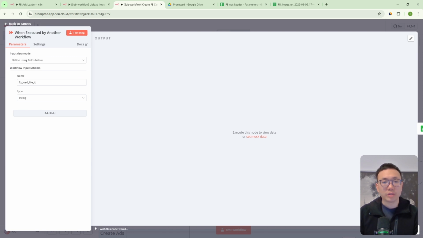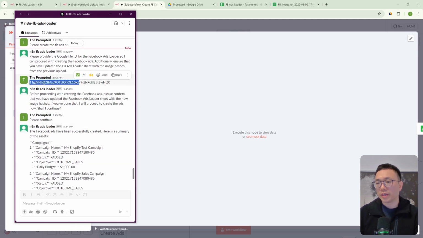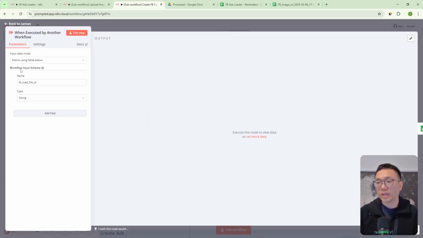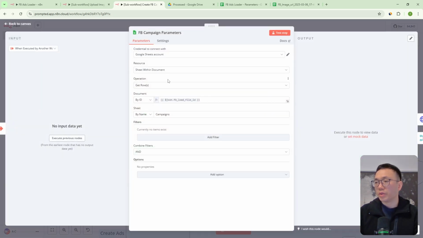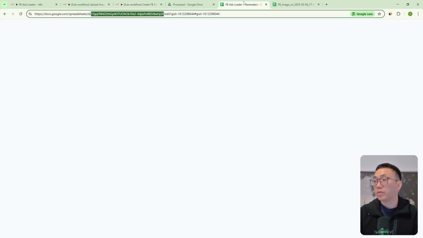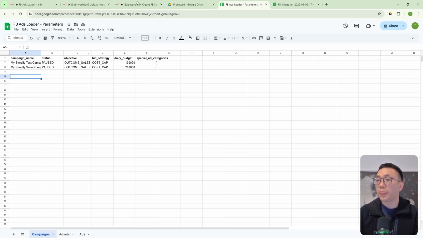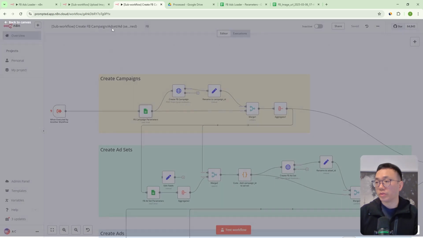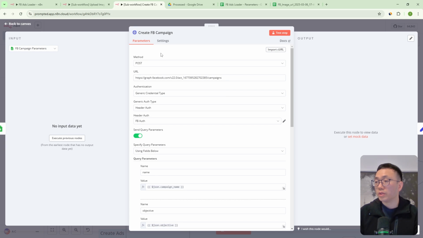And so first we get the ID, right? So remember when we were talking to the agent, we had to specify the file ID. So we're going to get that from the agent right here, and it's going to pass it to this first step. And this first step is going to be reading all of the information from the campaigns tab right here. All right, so we're going to grab this information here, and then we are going to pass that information to our